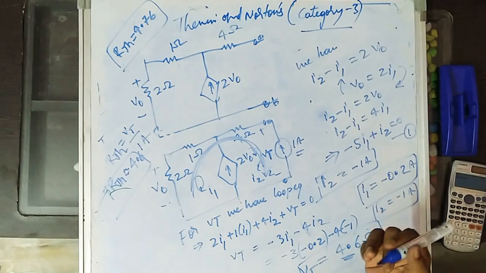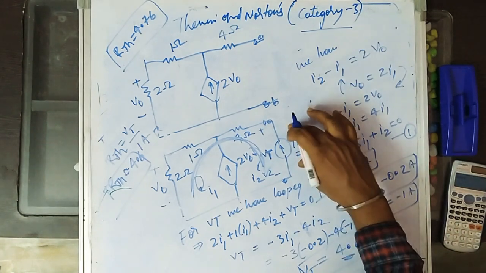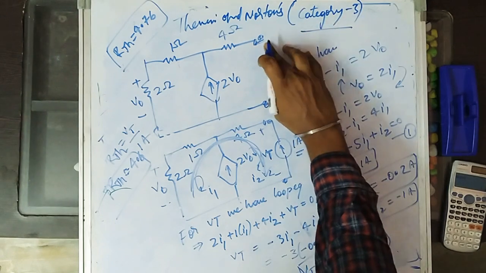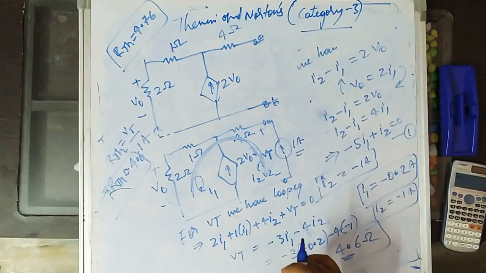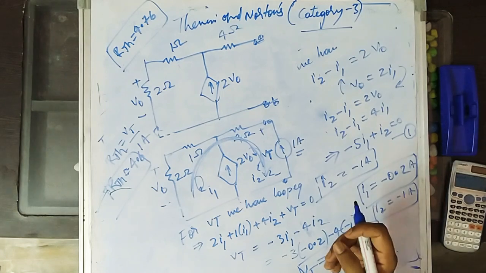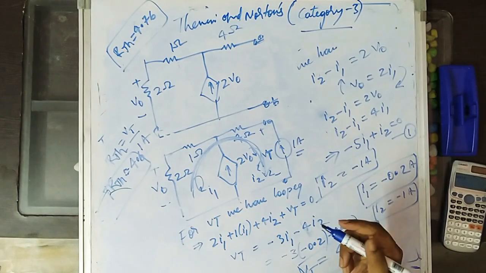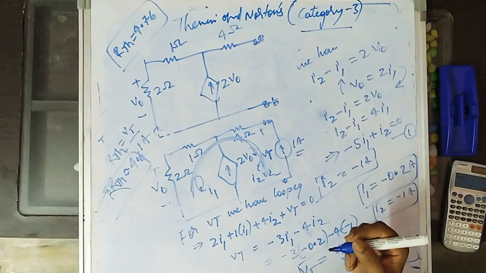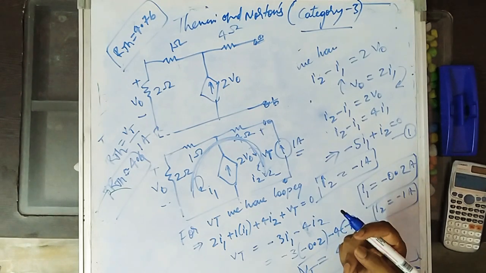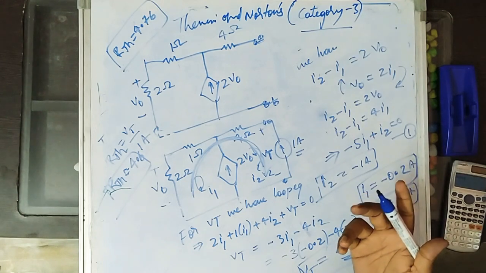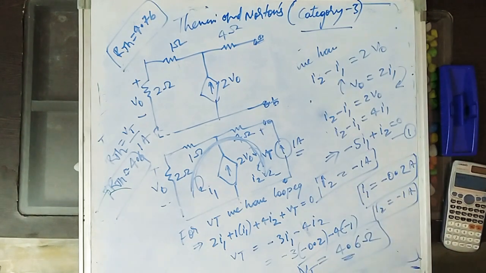I am saying one more thing: introducing 1 volt and 1 amp is okay, but you can also introduce 10 volts or 10 amps, your wish. Whether you use 1 amp or 1 volt is not the matter, but the only thing is you have to